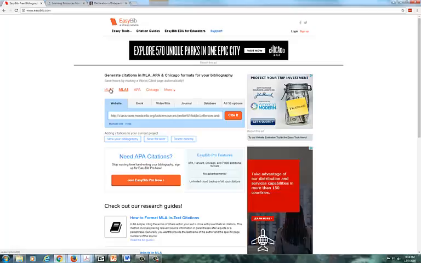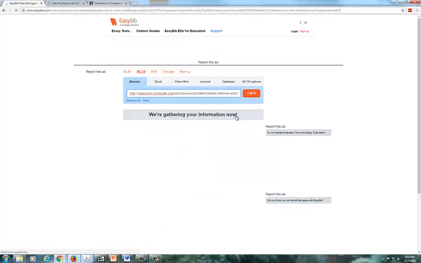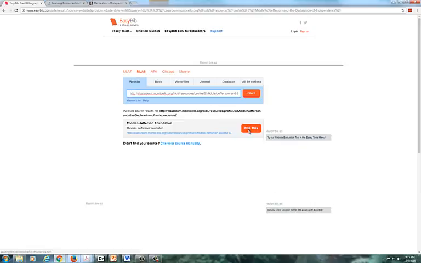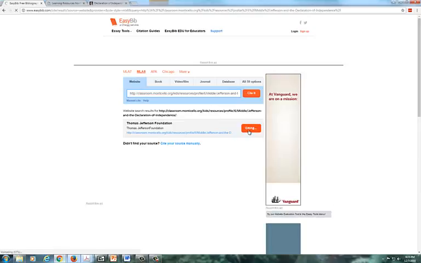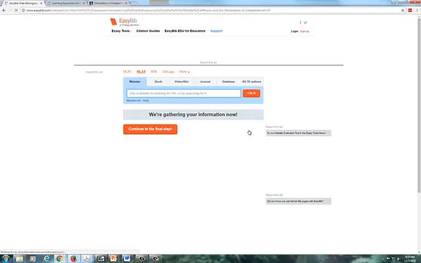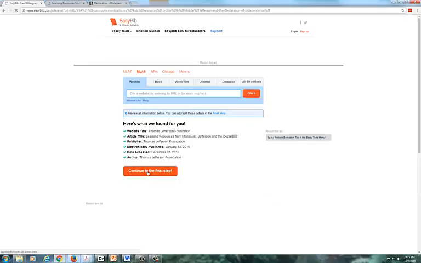Okay, when you go to the website the very first time, it might be still on MLA 7. You need to use MLA 8, which is the most up-to-date MLA standards. Once you have the web address in this search bar, you're going to click Cite It, and then you just keep on pressing Cite This. Okay, continue to the final step,